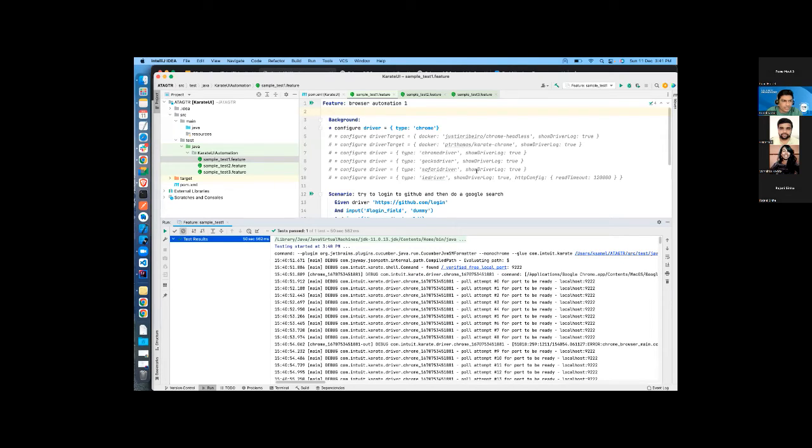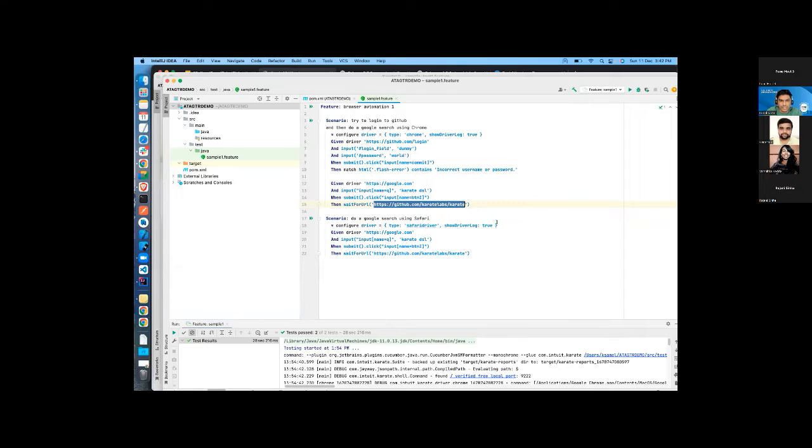But before showing you the HTML report, I want to share one another quick example. Just for the demo's sake, I have added two browsers. So if you see, the first scenario, I'm running it on Chrome. The second one, I'm running it on Safari. Now, if you remember, the background part of the sample feature file has this configuration.